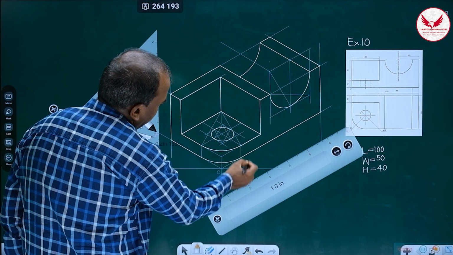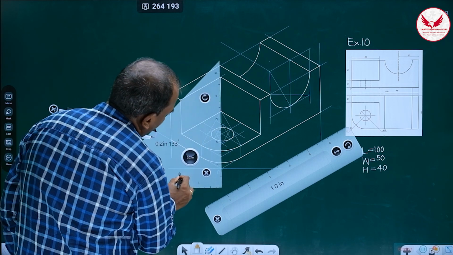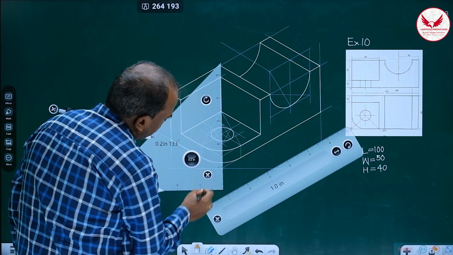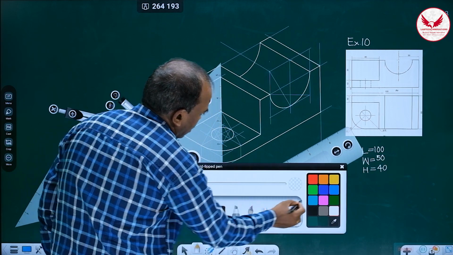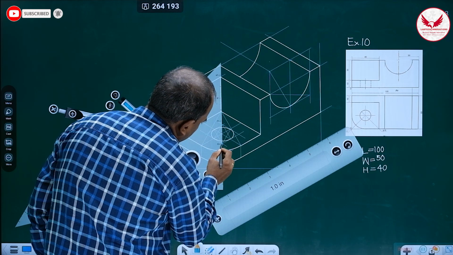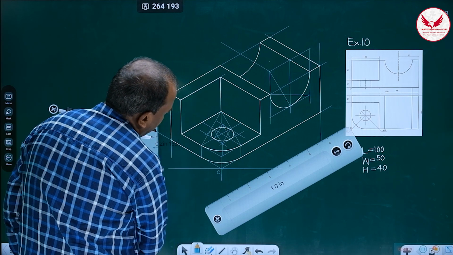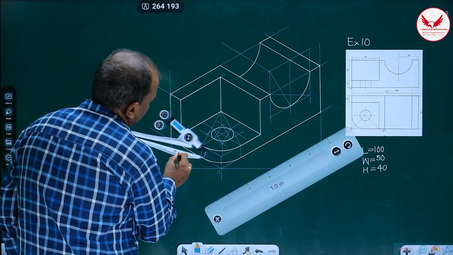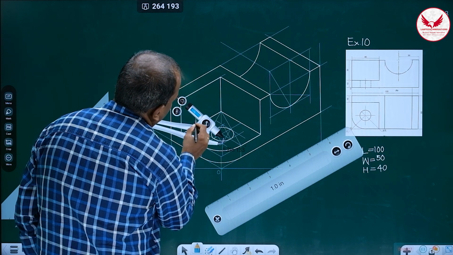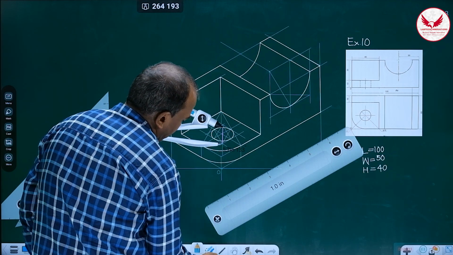And now its thickness is 10, so this is a little bit larger. Then in that case what we have to do is shift the center of that upper curve by 10 mm. Then from this point you can mark a downward 10 mm line, and that end point is going to be the center of this. And initially you will have to take the radius equal to the radius of the upper curve, and